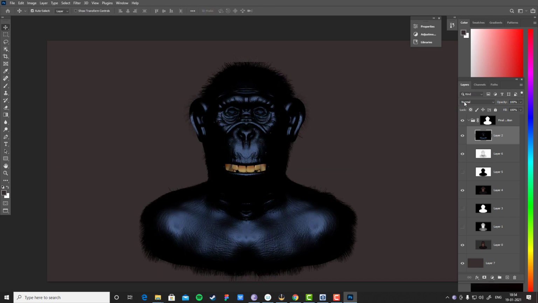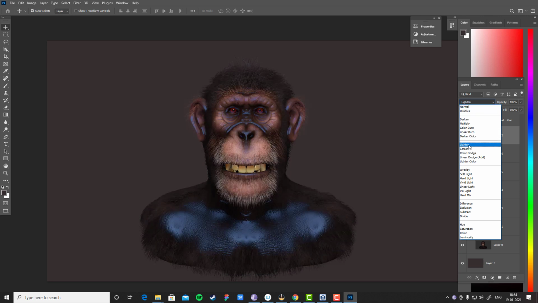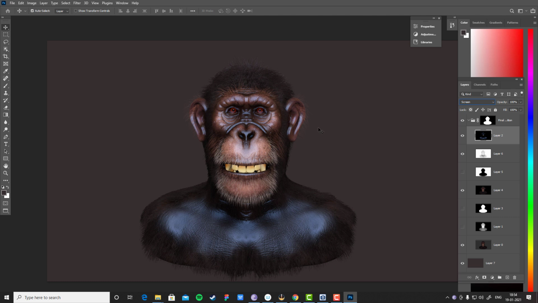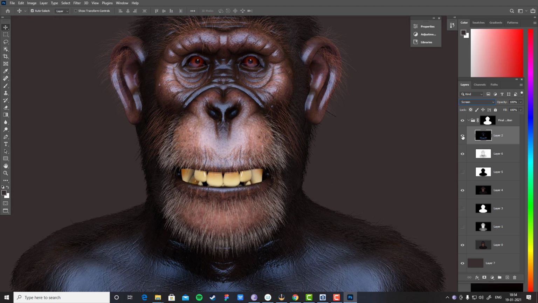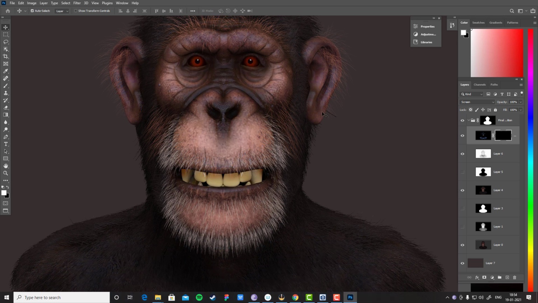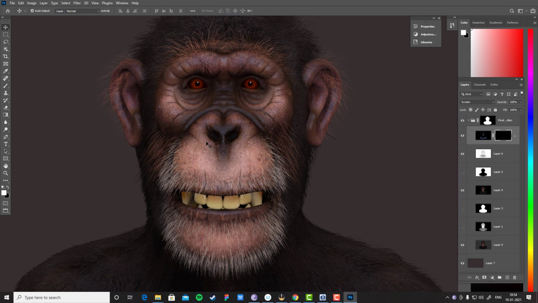So now I will actually change it also to screen. So what will happen actually, it will add the glossiness layer here, and then I can actually decide where I want to add this. So I will first add the mask and click Ctrl I to hide, and then